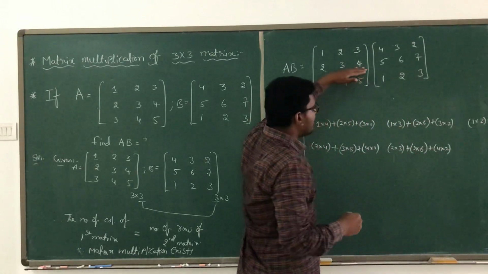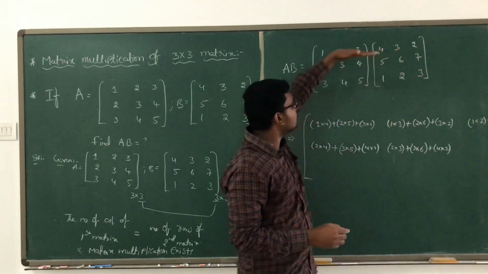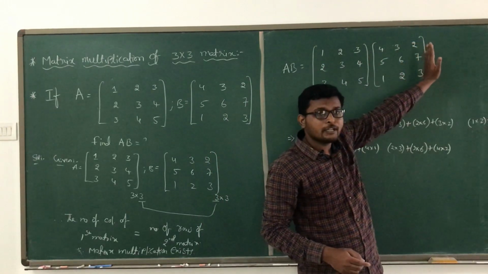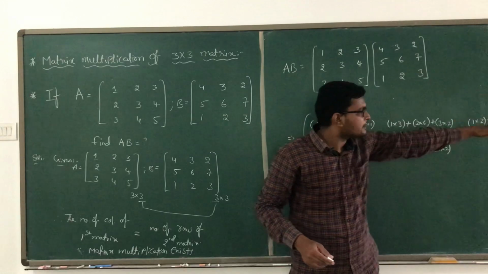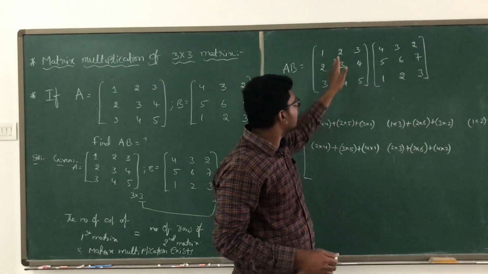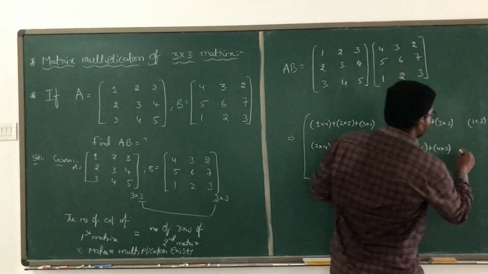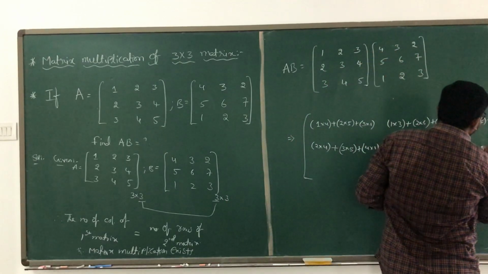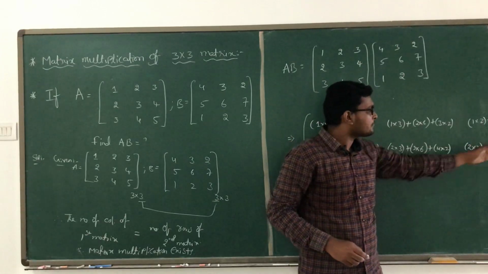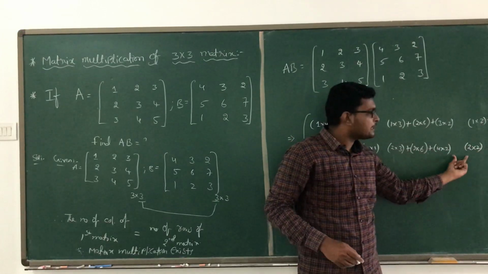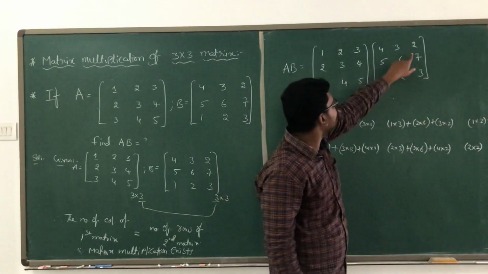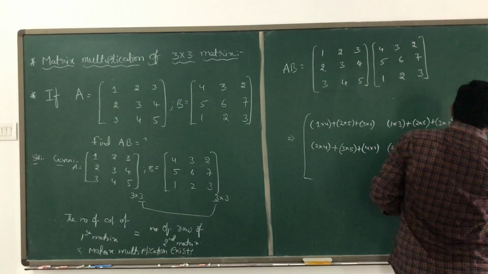Now similarly, have you completed the second column? Now move to the second row, third column. As we are moving to the third column, here also move to the third column. Okay, second row, third column. What are you going to get? 2 into 2, right? Leave some space. Now what are you going to get? 3 into 2, right?